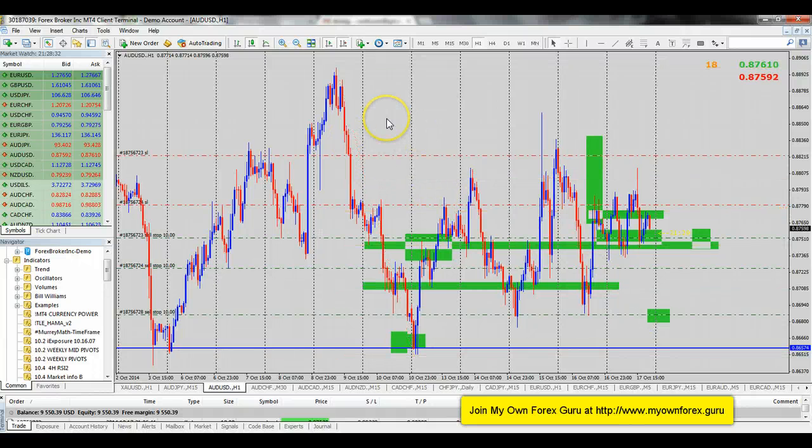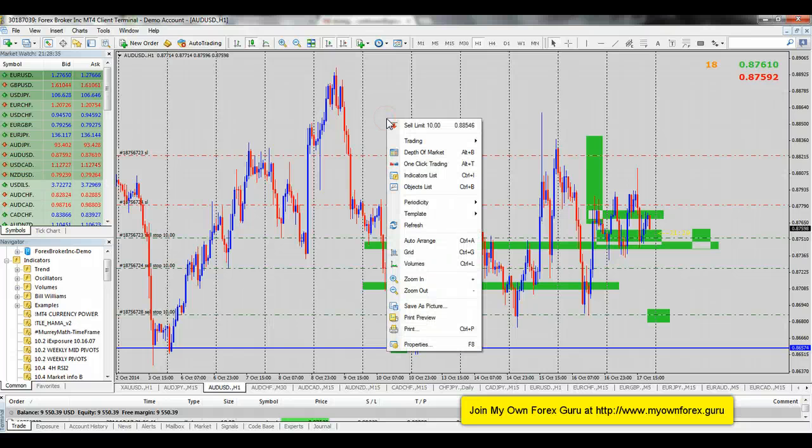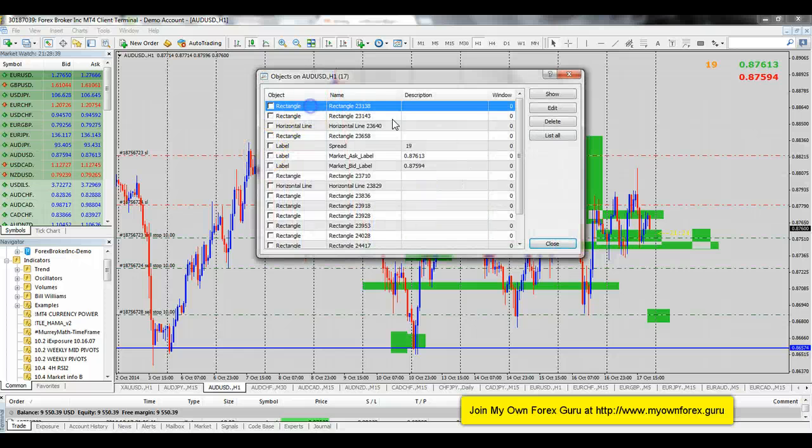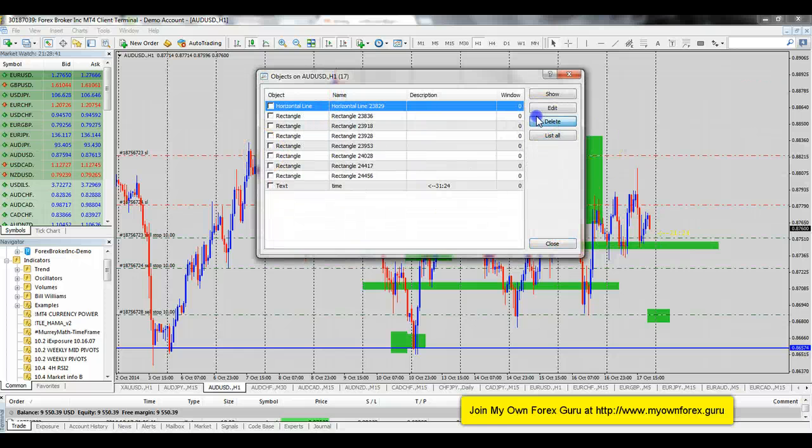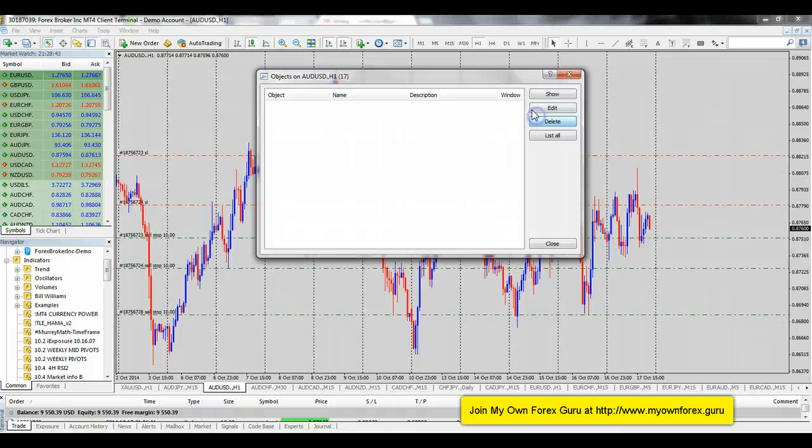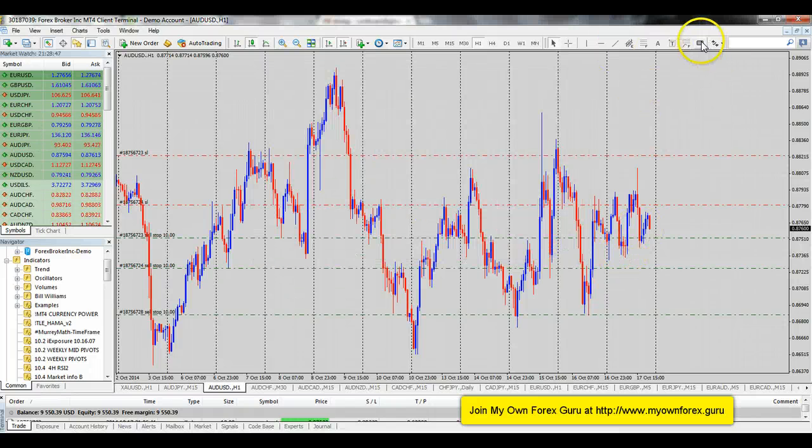But again, the best thing to do is draw your support and resistance and study the candles. That's really what you want to do. Start looking at candles, start recognizing the candles. When you start seeing long wicks, things are about to change. Long wick,